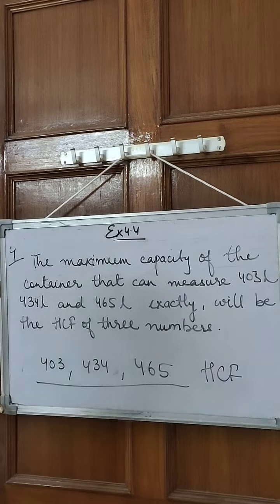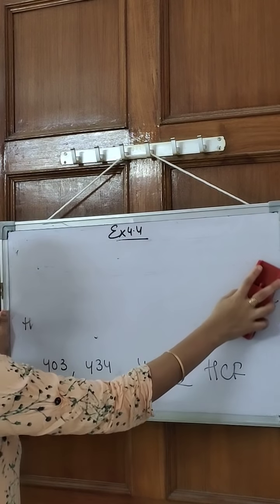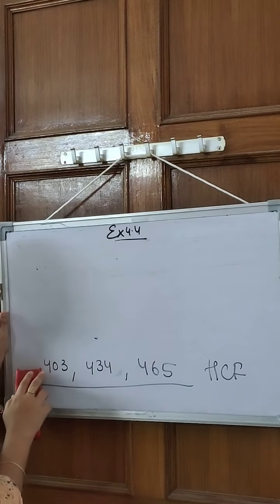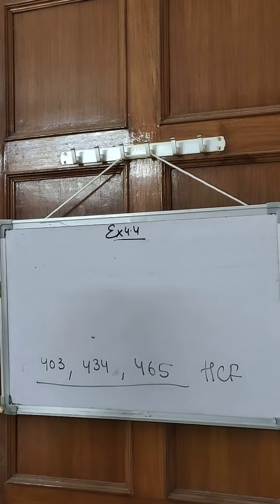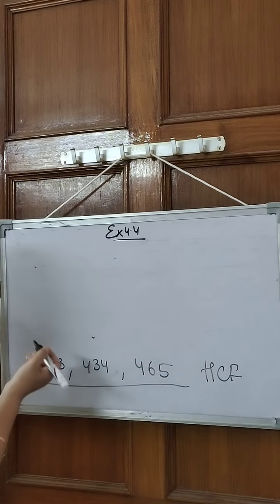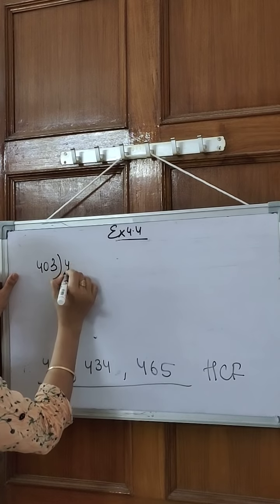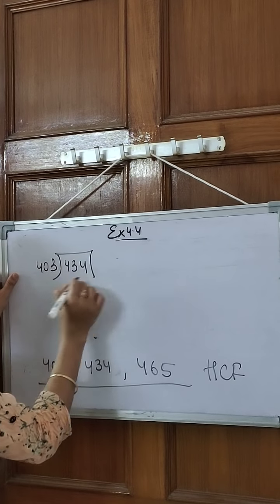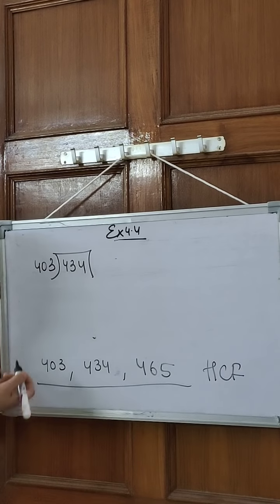So let's find out the HCF. I will again use the same method, the division method. See, when you have this type of question, the number here is 403. Instead of thinking which number 403 is divisible by and then applying the prime factorization method, I feel that when I use division, I don't have to think anything and I simply divide. So I take the division method. You can use any method you want.